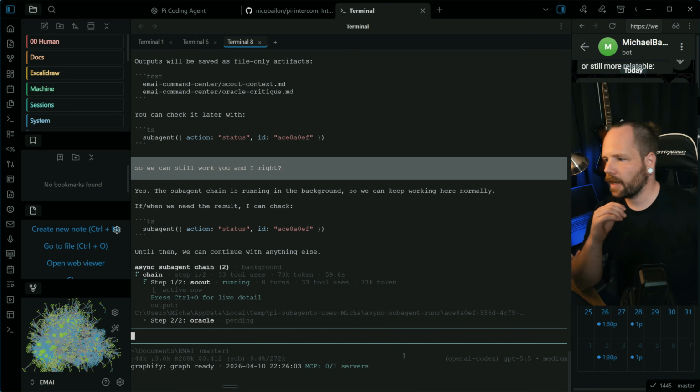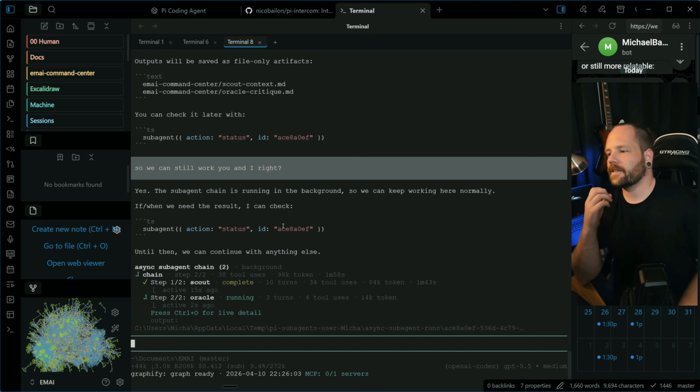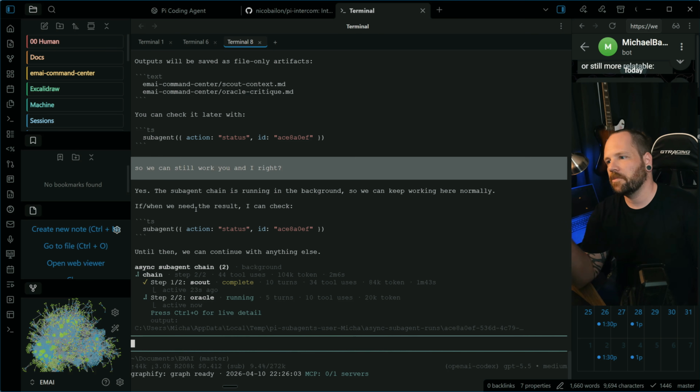I think the next thing I need to do is define which model and thinking level I want for each of these things, you know what I mean? So for the Scout agent, I want something fast. I'm being totally honest, this is gonna take a little bit of getting used to. It's not the workflow I've been using this whole time. Anything that's different has a bit of a learning curve,